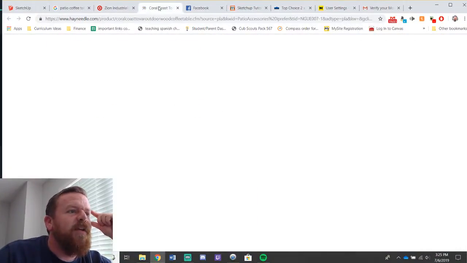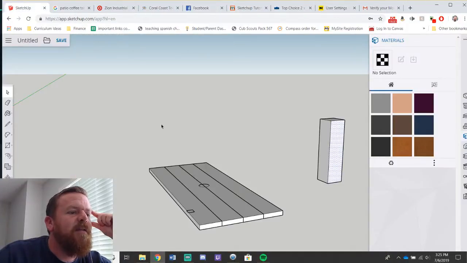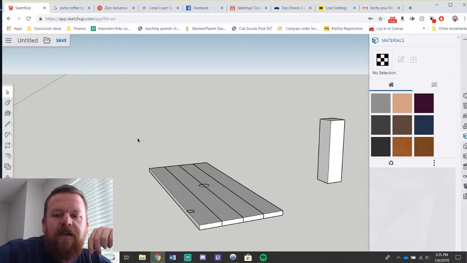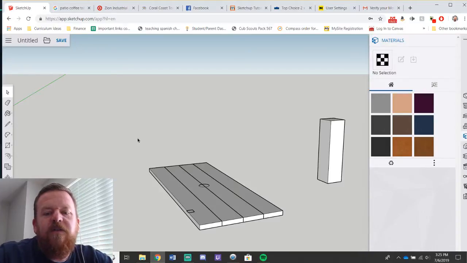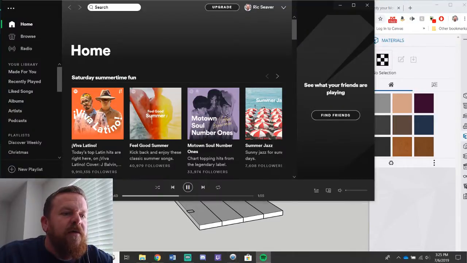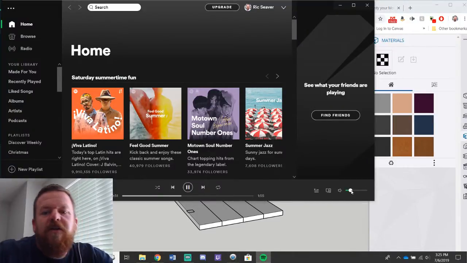Let me see if I left it up. I don't think I did. Maybe I did. Yeah, here it is. So here's the table I was trying to make last time, if you remember. I'm going to try and do it a little differently. I found this tool more difficult or less intuitive than I thought it could be. So I'm going to try it again with a different tool. And I'll share with you too what happened.